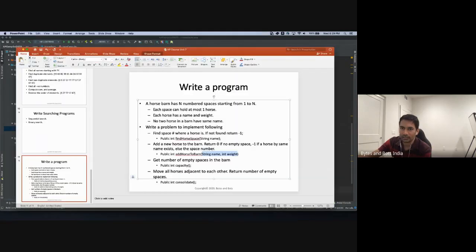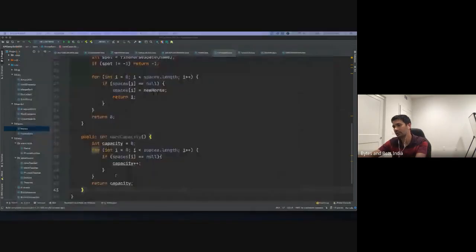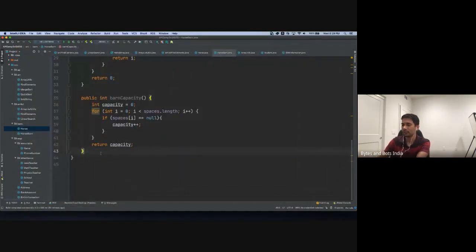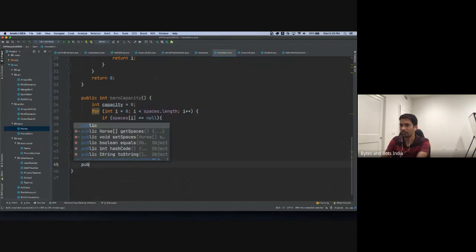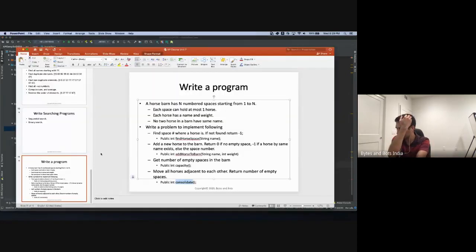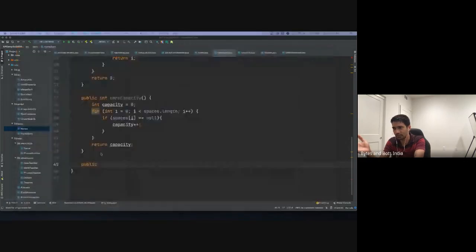Now, real quick, the last ask is to consolidate all the horses, right? So how do we consolidate the horses? So we'll quickly look at that. Public, and then what does it say? It says, return the number of empty spaces after consolidation. So we'll say public integer